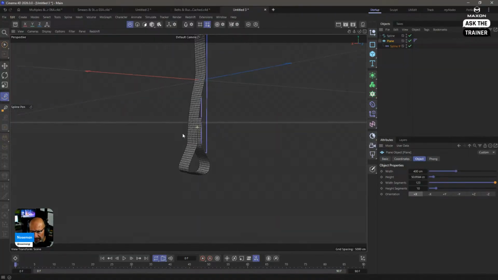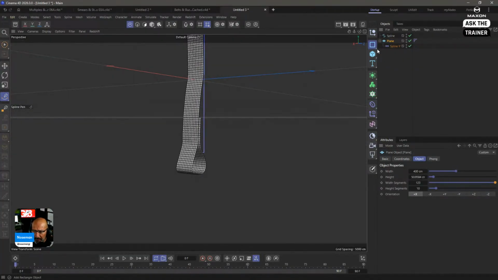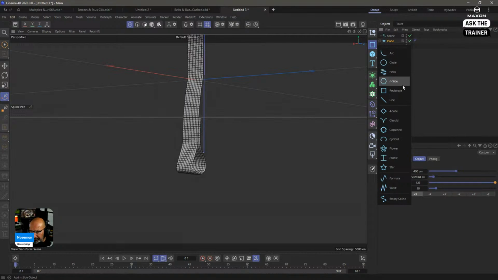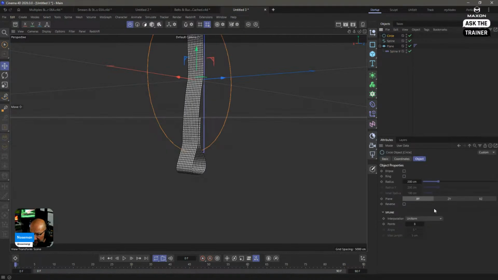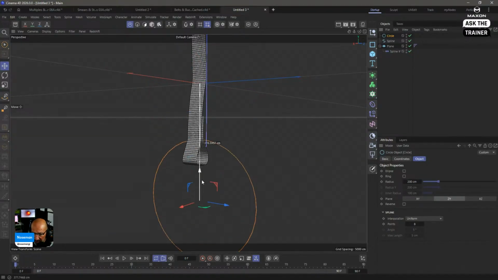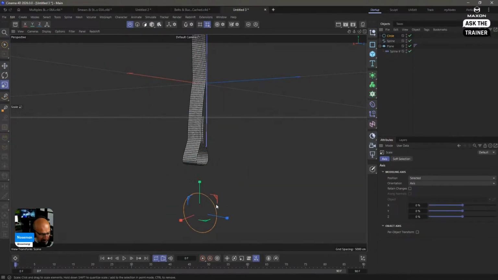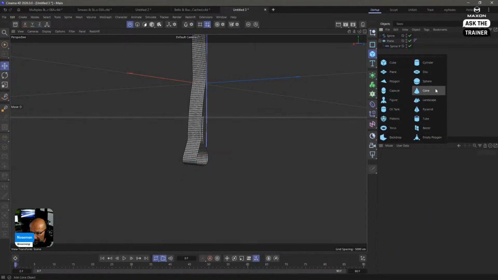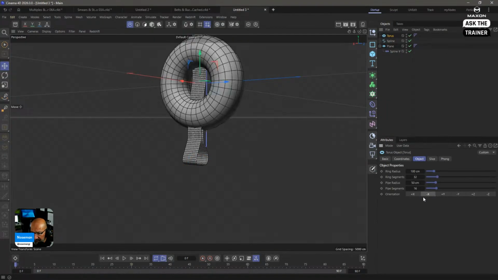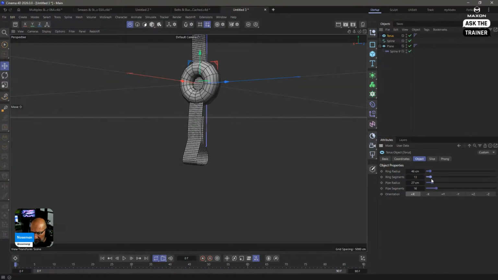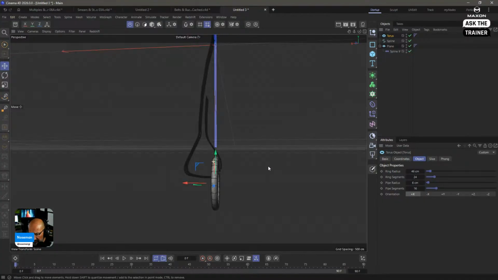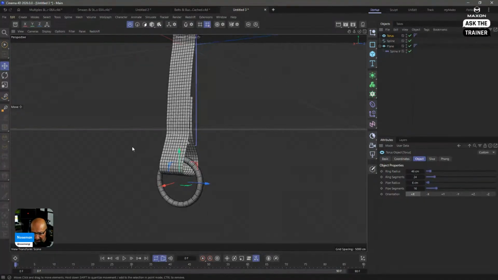So first of all, let's make a belt buckle. I'm just going to make it a circle. I'm not going to do too much fancy modeling. Actually, not even a circle, I'm going to do it even simpler. I'm going to use a torus, also known as an edible sweet in other software, but we call it a torus because technically and mathematically it's correct.